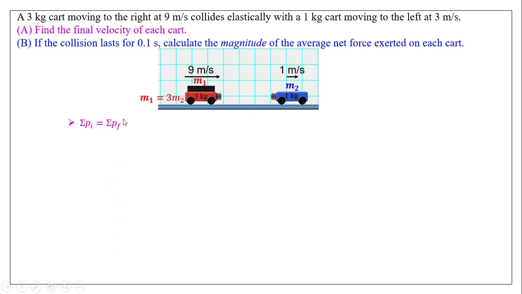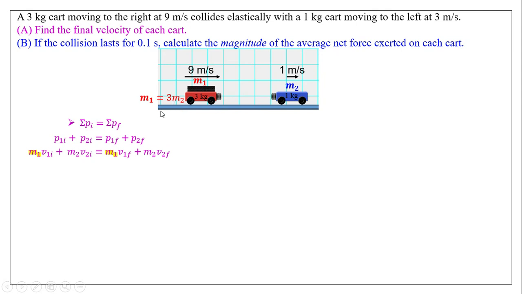So I'm going to start with conservation of momentum. Why? Because the momentum of the system has to be conserved. So here initially I have 2 terms on the left. I also have 2 terms on the right because this is an elastic collision and they have different masses. So I'm going to write P1i plus P2i equals P1f plus P2f. I'm going to break it up into mv, so it'd be M1V1i plus M2V2i equals M1V1f plus M2V2f. But you notice here in my work, I highlighted M1 because earlier I said that M1 is 3 times